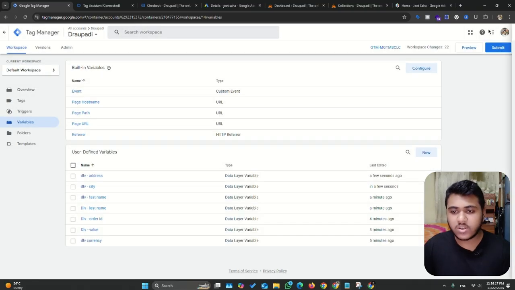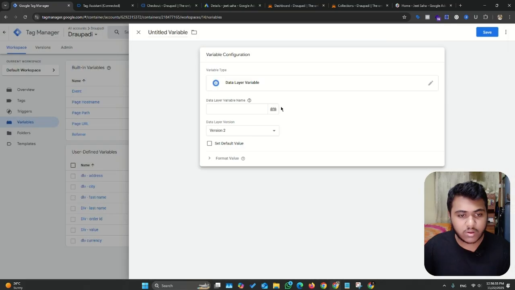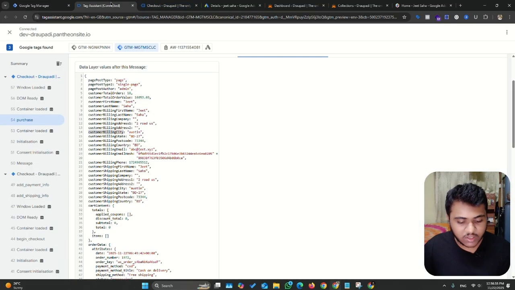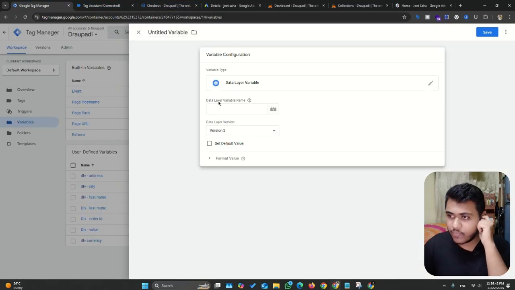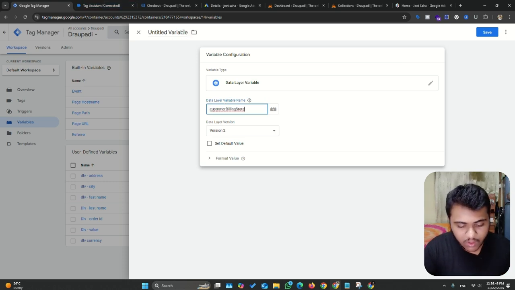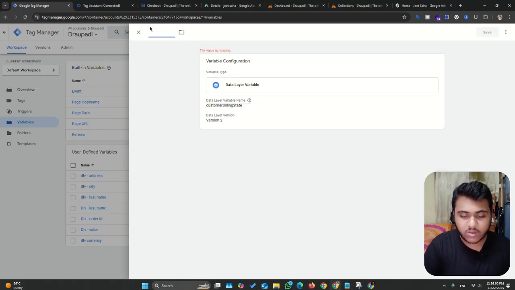We also need a data layer variable, and it will be billing state, and then DLV state,